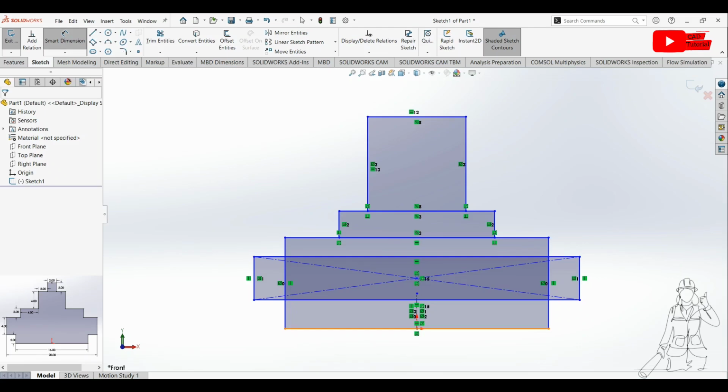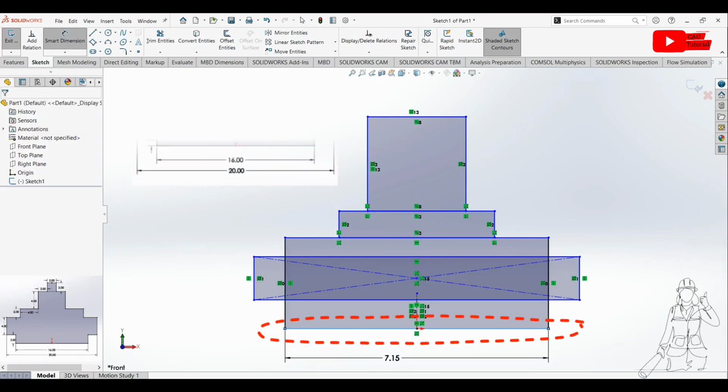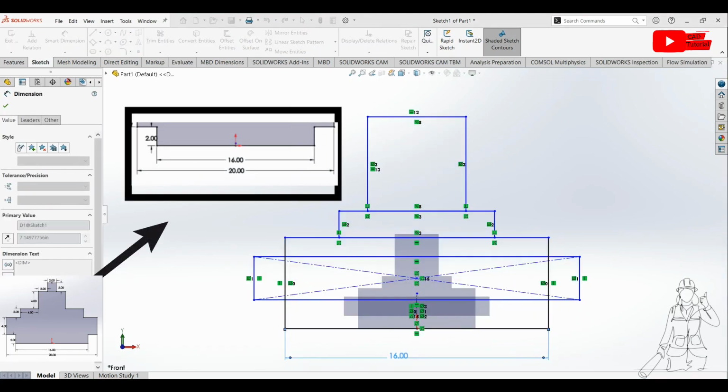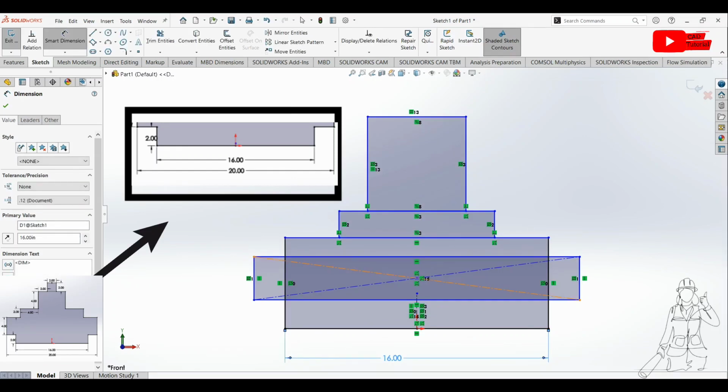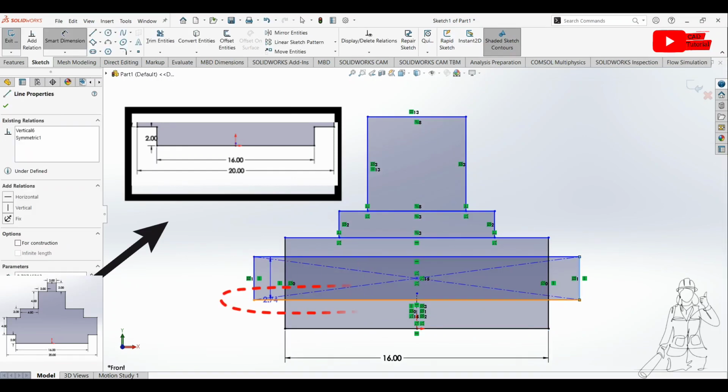So I click on this smart dimension. The length of this line is 16. Distance from this line to this line